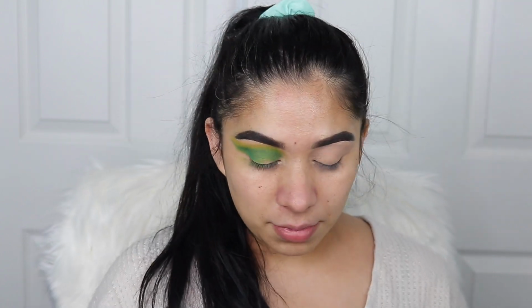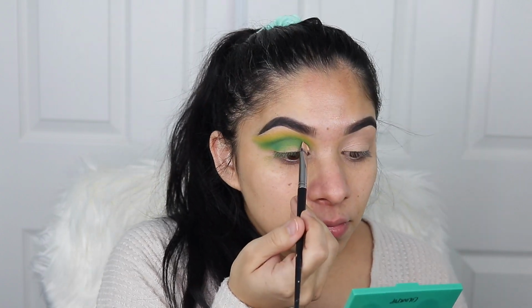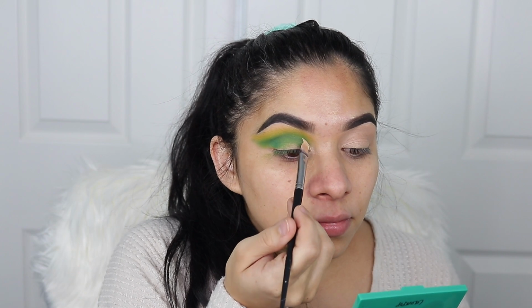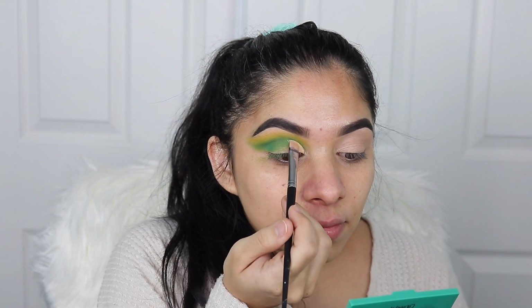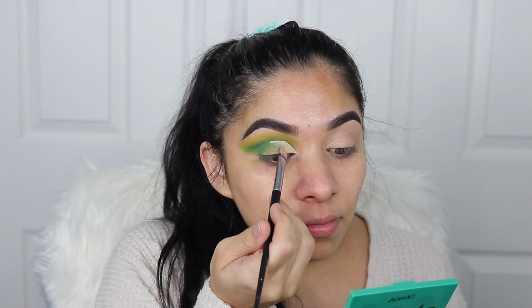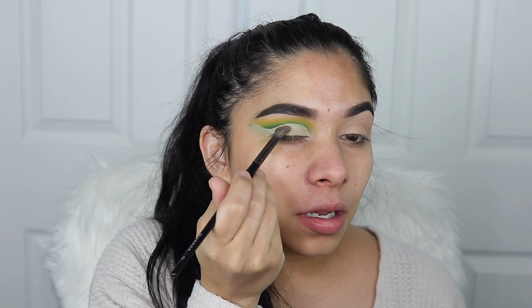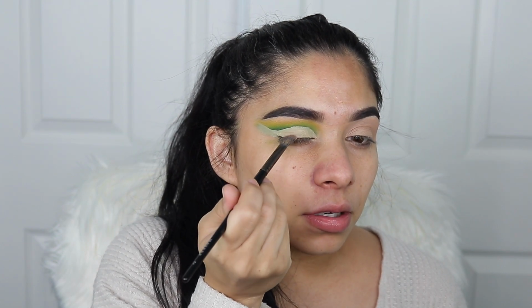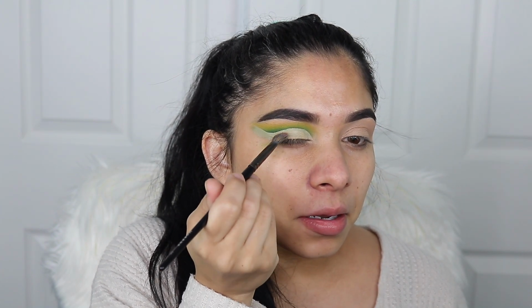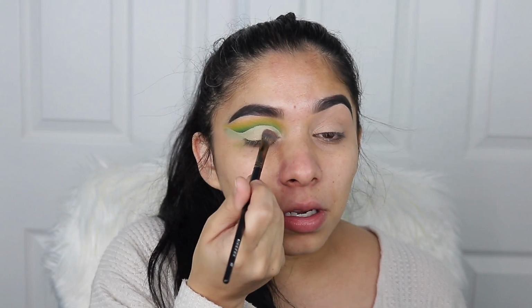So then I'm going to go and cut my crease. I haven't cut my crease in so long, you guys. Okay, so I finished cutting my crease. And now I'm just making sure everything's pretty much